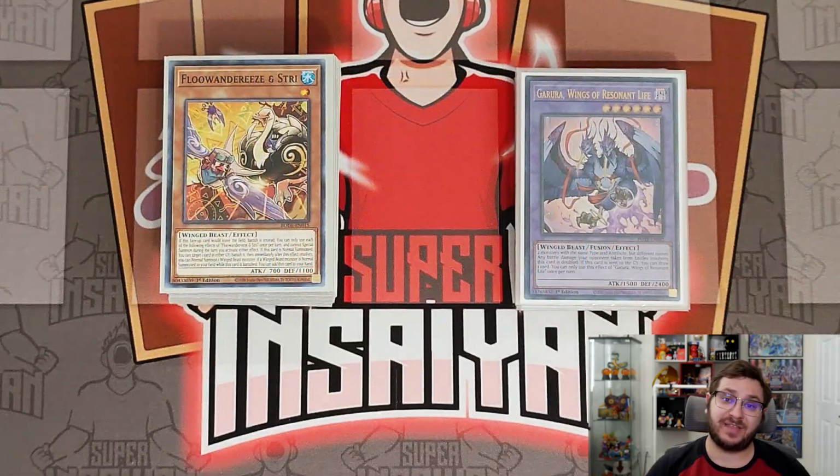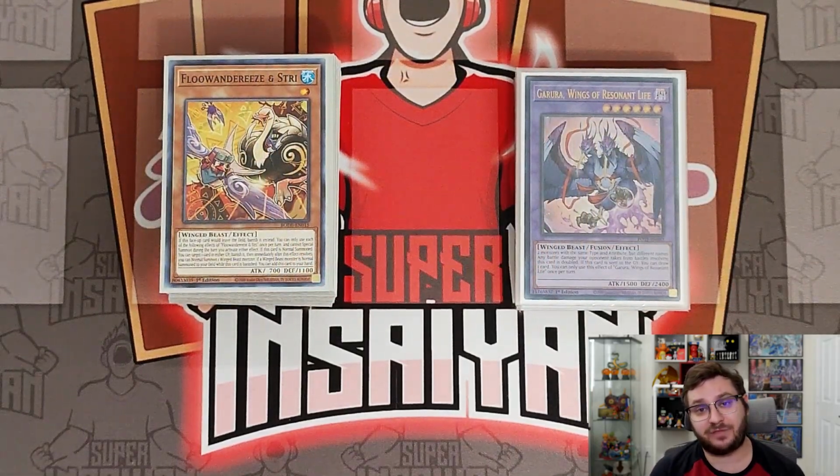So there you guys have it. That is going to be my updated Power of the Elements Floowandereeze deck profile. Not much has changed since the last variant that I showed you guys. There are a couple of changes though, mainly being the DD Crow, the Jack in the Hand, and the Ultimate Slayers, and then obviously the extra deck has quite a bit of change as well due to the Ultimate Slayers,